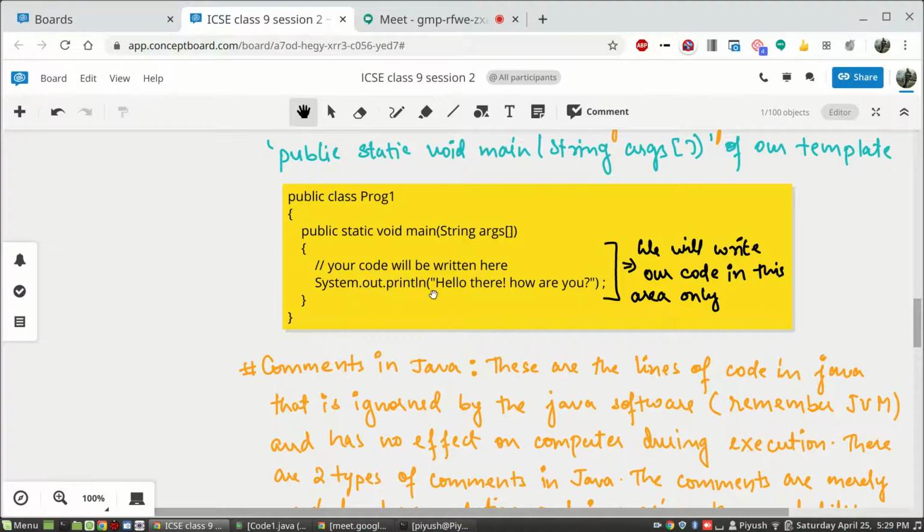Now whoever comes in my place in the earlier company will look into my code and manage it further. What if I only write code one by one, 1 lakh lines, without informing what I am doing in that code? Then it will become very hectic for the person who comes next to figure out what you have done in 1 lakh lines of code, or maybe 10 lakh lines, or 50,000 lines.